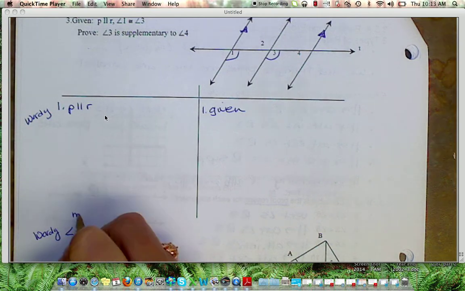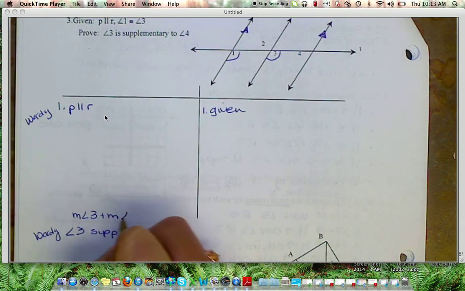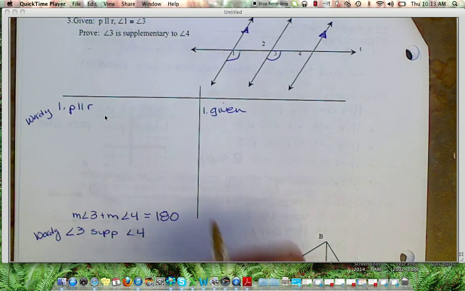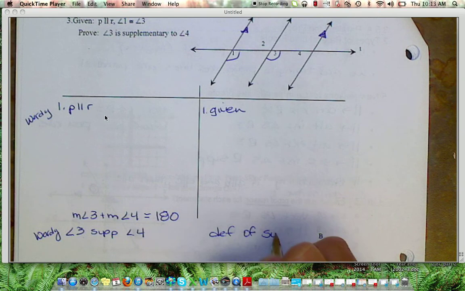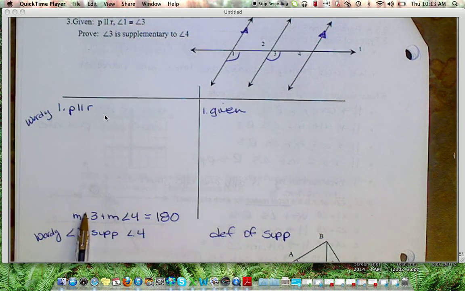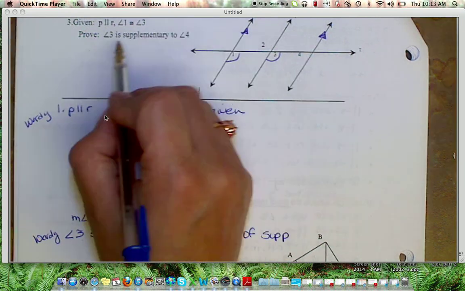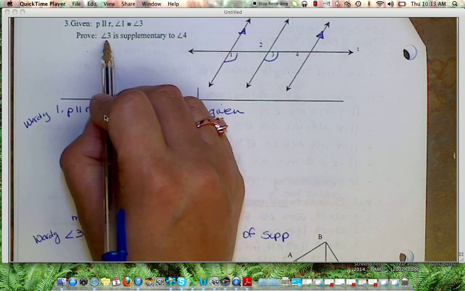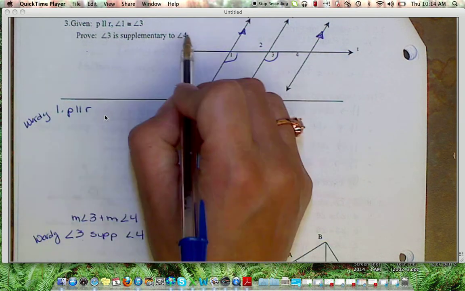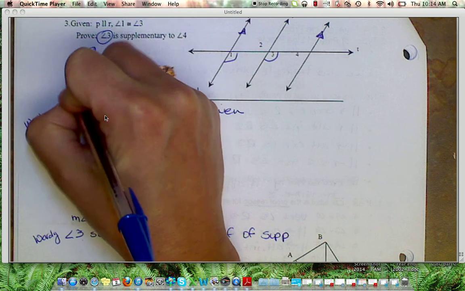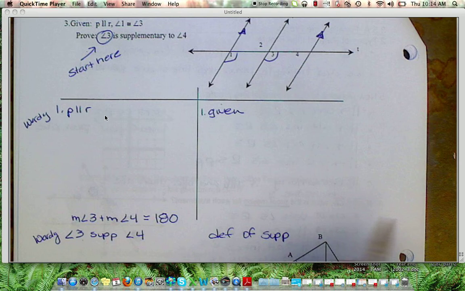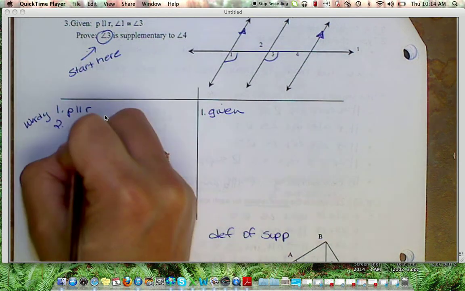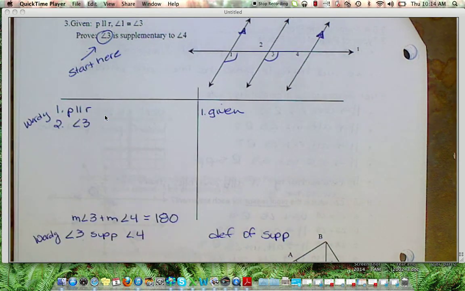Supplementary simply means that if I add the 2 angles together, I will get 180 degrees. And that is true because of the definition of supplementary. So we can undo that wordy statement to figure out what it means mathematically. Now here are the angles that we're working with. In the proof, we want to somehow find a way for our frog to jump from 3 to 4. So we are going to start here. It's not the only place you can start, but it gives us something to do. So we're going to start at angle 3, and